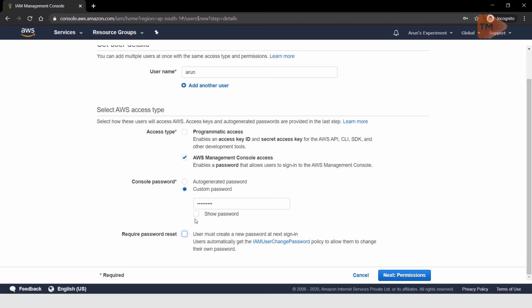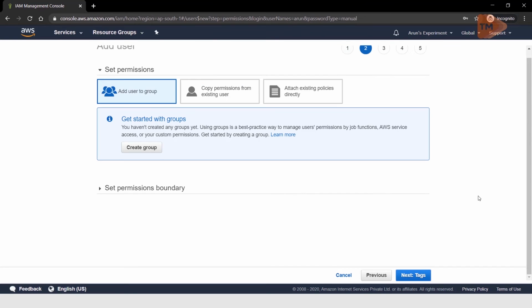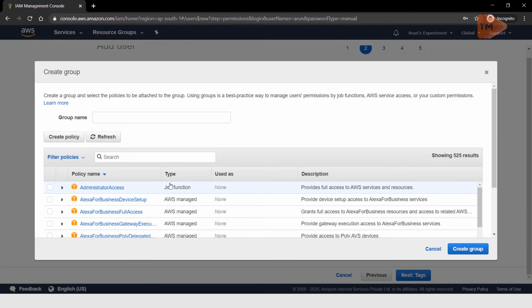Basically, you can ask it to require a password change when they log in for the first time. I'm not going to set all that. I'm going to click on Next: Permissions. I'm going to create a group in which I'm going to put this user. I'm going to name this group admin, and I'm going to give it complete administrator access. That is the job function of this particular group. I'm going to create the group,